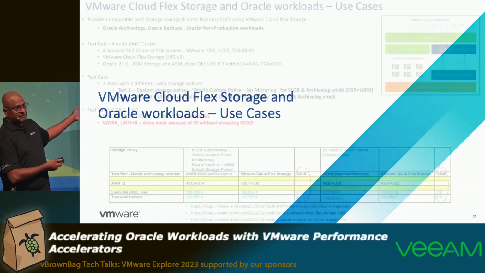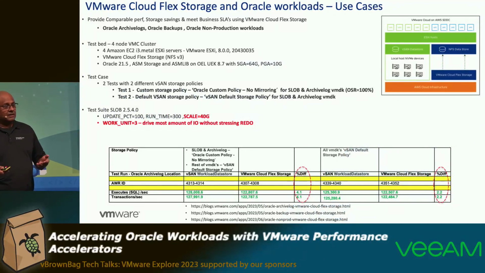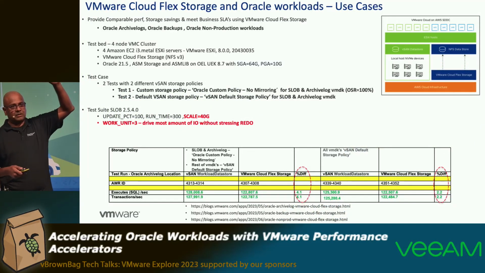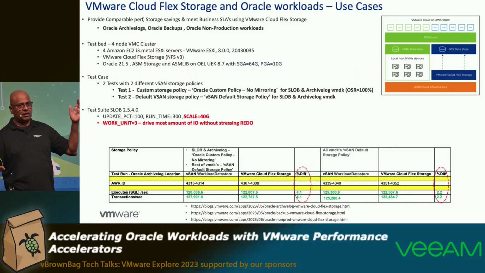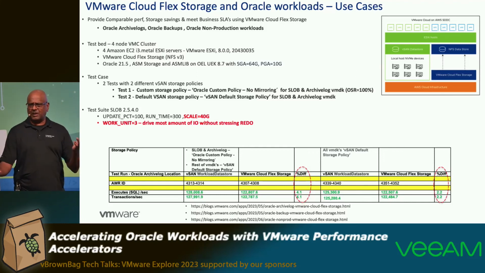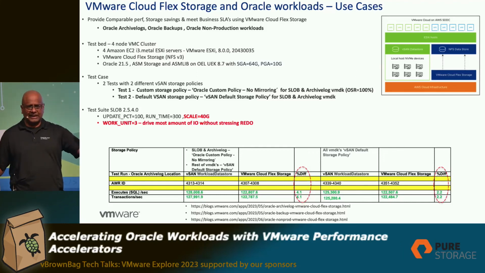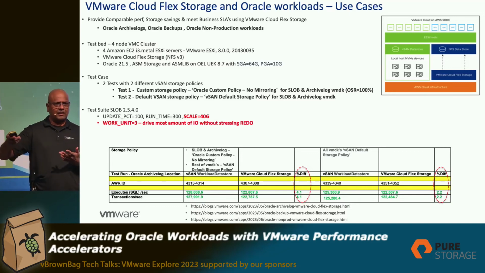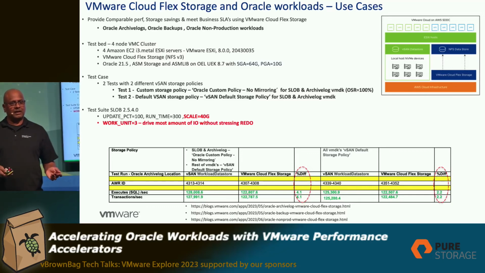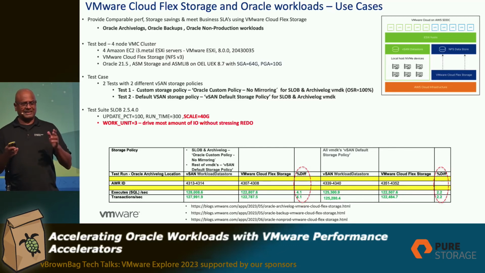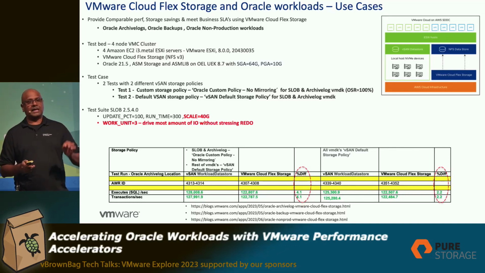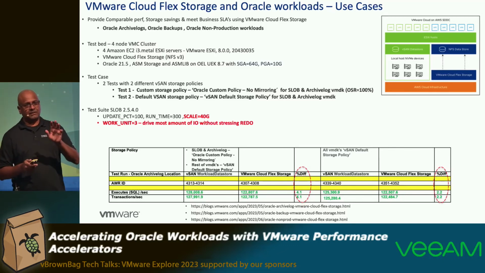But at some point people go to the cloud. Many people have heard of the Cloud Flex storage, right? Everybody has heard of Cloud Flex storage. The smart cloud file system, the scale-out file system, where essentially you are able to scale out on the fly. Question back to you guys: is the performance good? Is it bearable? Or is it really good? It comes very close to vSAN.